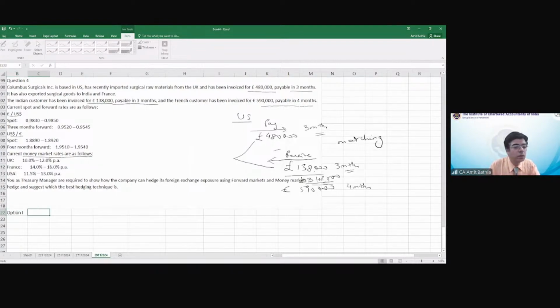Option 1, forward cover. So first of all, I will take a cover for the obligation to pay. I will write over here GBP. GBP how much? 480,000